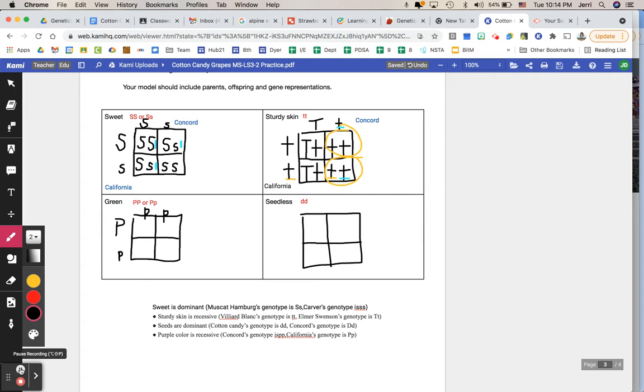The color is just a little bit easier because we are told down here at the bottom that purple color is recessive, and we're told the genotype for Concord grape, and the California grape is green, so it's heterozygous. We're told that that is the genotype for the California grape. So we can go ahead and set that up, and as we go through this, we can see that both here and here we will get the heterozygous genotype that we need in order to make sure that we get the green grape. We do also get,